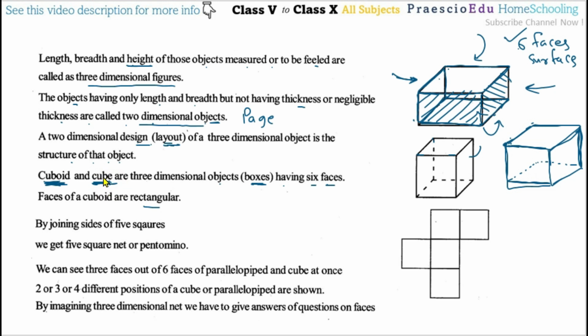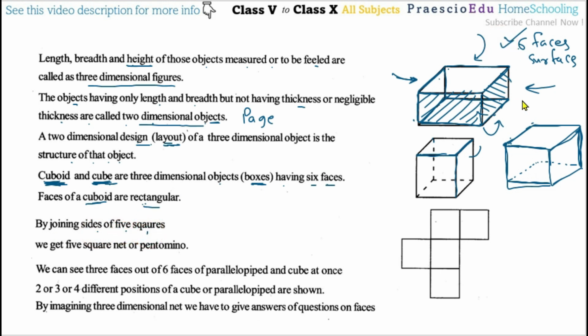For the cube, the best example is the puzzle cube. You can search for it; it rotates and you match the colors on the same surface, which is an intellectual exercise. Or suppose you have received a carton box, which is very rarely a cube. This is the width, this side is the length, and this is the height. If all three are the same length, then we can say this is the cube. Faces of a cube are squares; faces of a cuboid are rectangular.